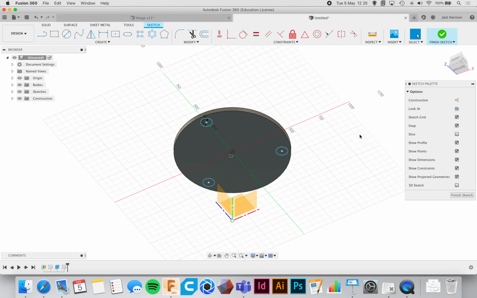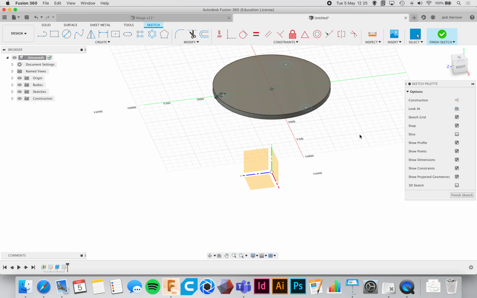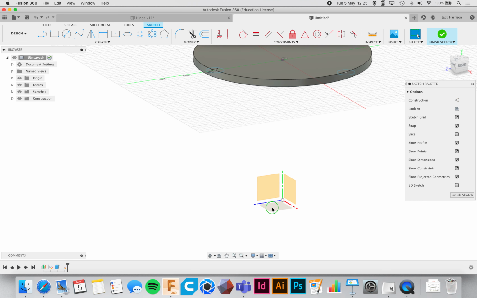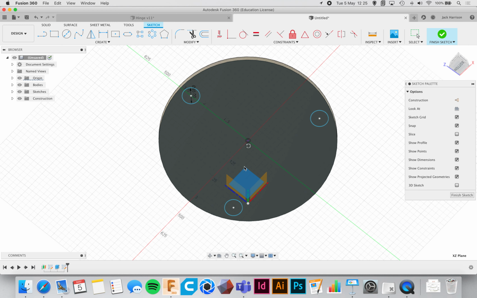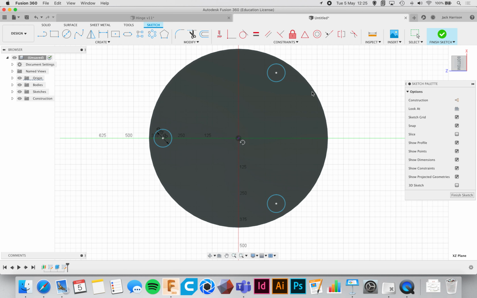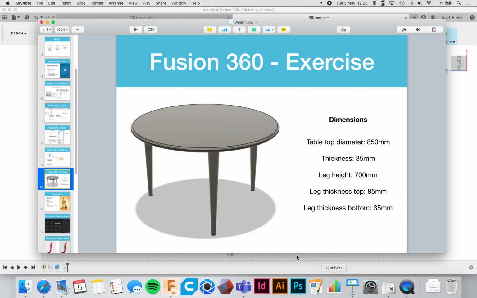Now we've got them, we've got the top of the table. So now we need to create a sketch on the bottom. Sometimes it doesn't work. If it doesn't snap looking face down, you can always just hit the bottom on the cube up here. So now we know at the bottom of the leg here, the thickness at the bottom is